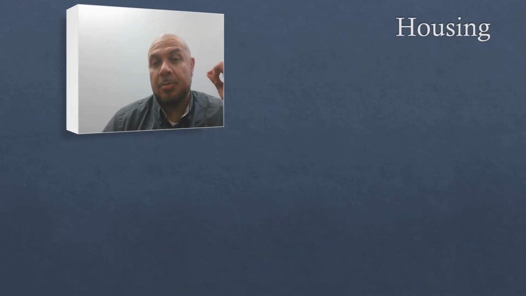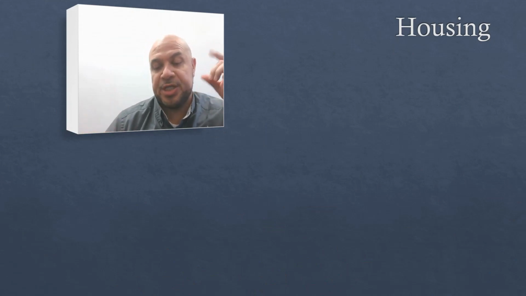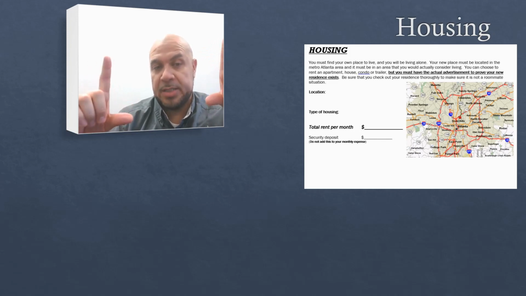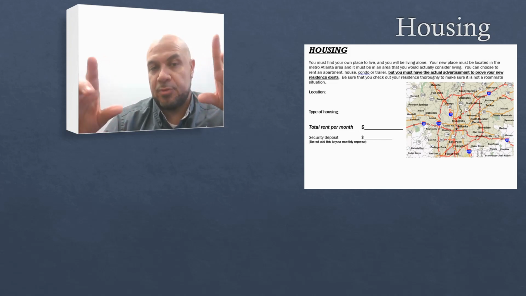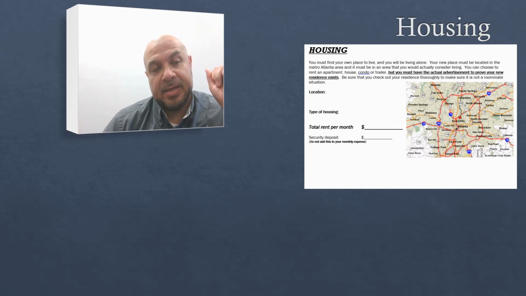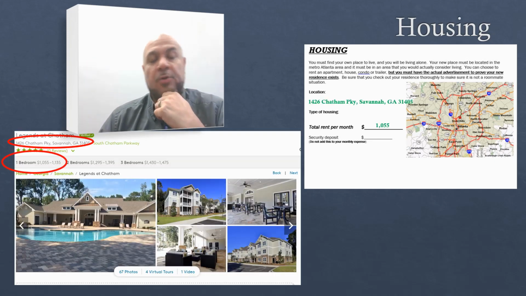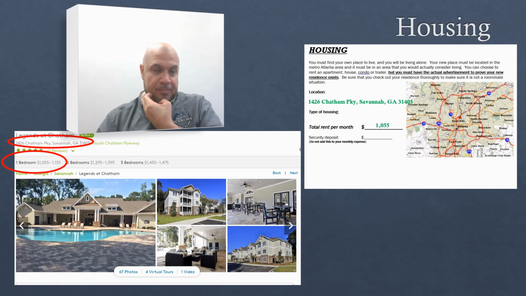All right, so housing, the actual housing portion of this, same concept. I went ahead and I screenshotted the map from the budget project with the location, type of housing, the actual document from the budget project. Now I have the evidence that supports this, the physical address as well as the price. So with that being said, for this,